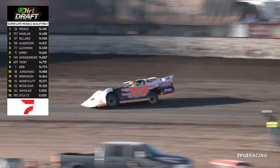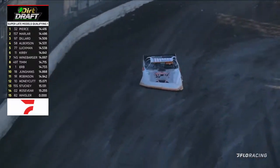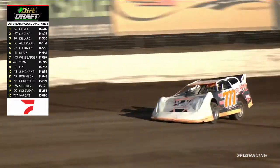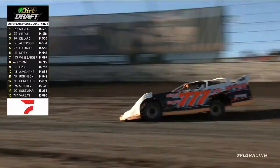First lap time for Mike Marlar. Oh, it's a good one, Ben. Second quick, 1:4.496. Clayton Stuckey, 13th fastest on lap number 1. Welcome back, Pete Vargas in the 777. He'll go 15th quick his first time around. Let's see if Marlar's got anything for Bobby Pierce lap 2. It is quick time for the Winfield Warrior,